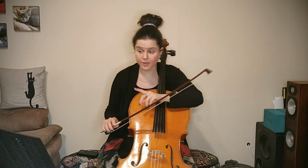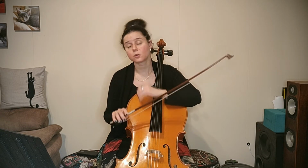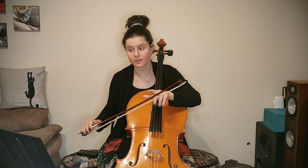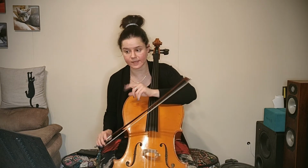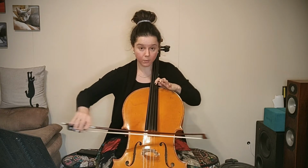Now when I get to measure 2, this is the fullest moment of that phrase. So go ahead and use the whole bow on the first 2 beats, and then on beats 3, 4, and 5, that dotted half note, we need to taper and actually not use the whole bow, because I want to start the second phrase exactly in the same way. So starting in the middle, whole bow here,